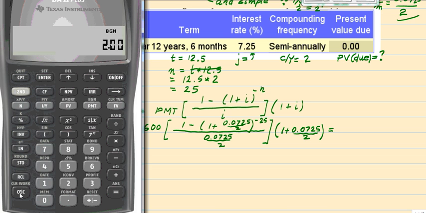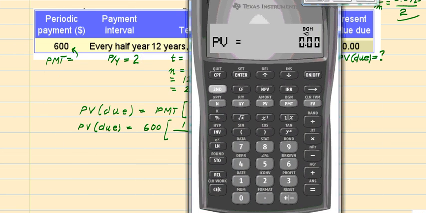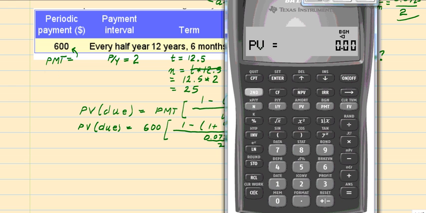And then present value, the next button is present value, so that's 0, and then payment is $600, so we got 600, change sign for payment,